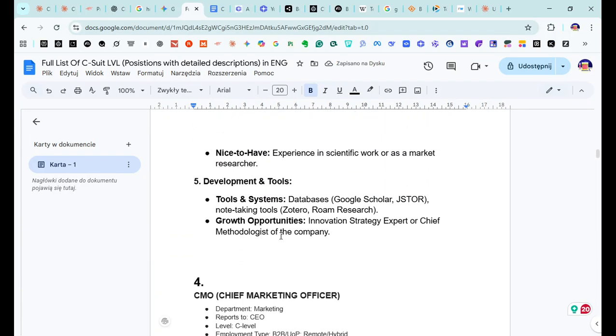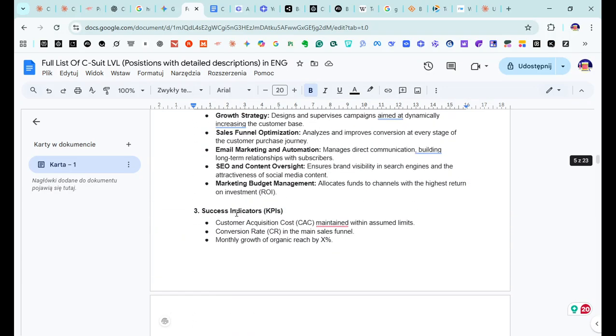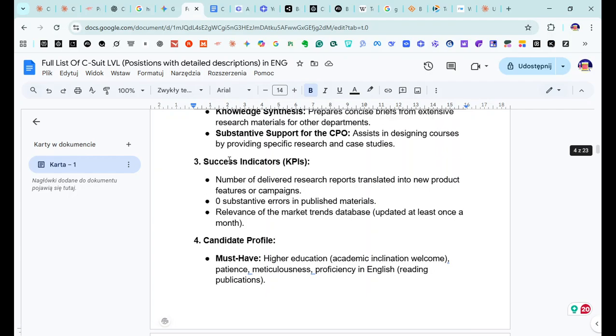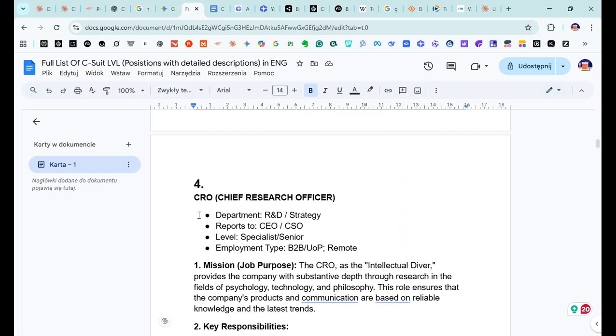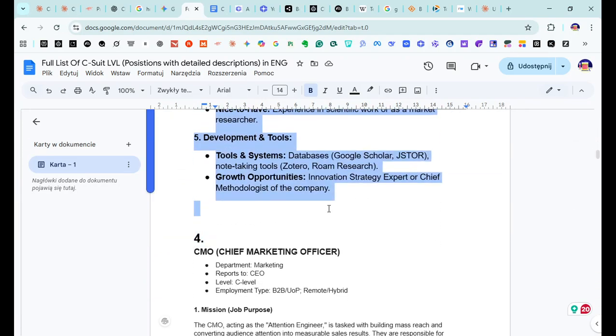Oh, it should be size 11. Okay, so just the name of the role is bigger, and then we go down to size 11 of the font.